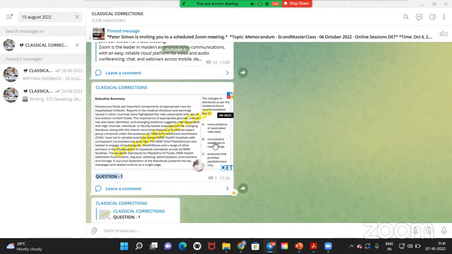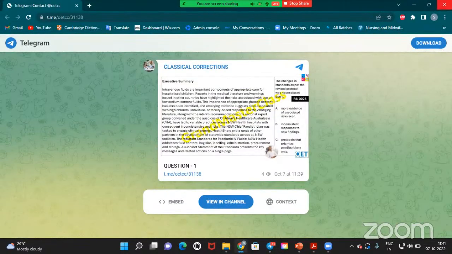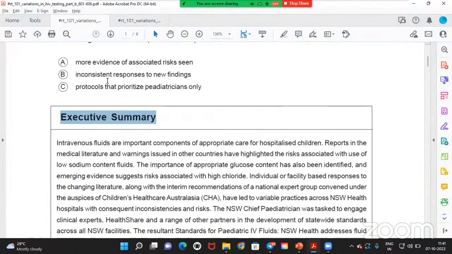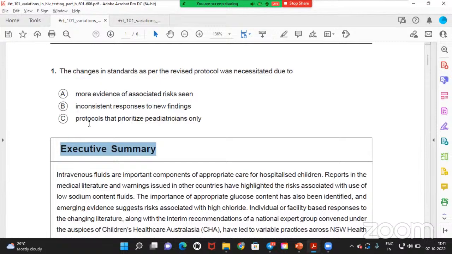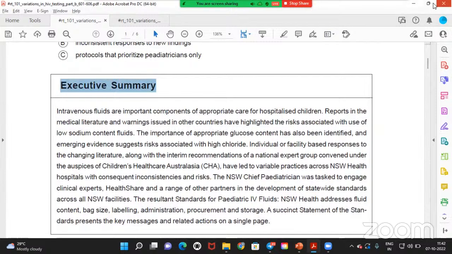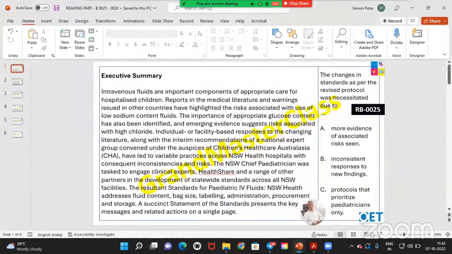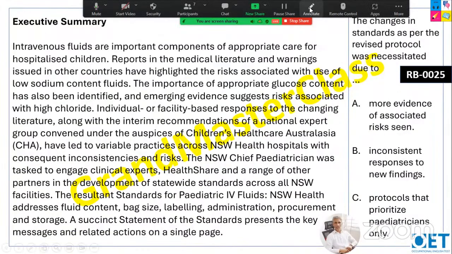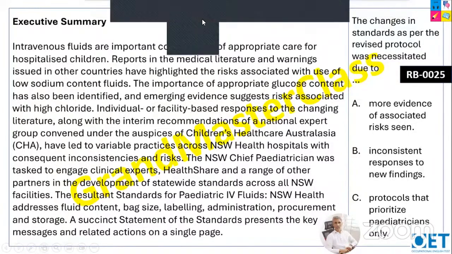So intravenous fluids inconsistent. So this is the question for us. Next. So let us see how they match. Let us see how they're going to match here. I'm going to show you the explanation now. So the changes in standards as per the revised protocol was necessitated due to